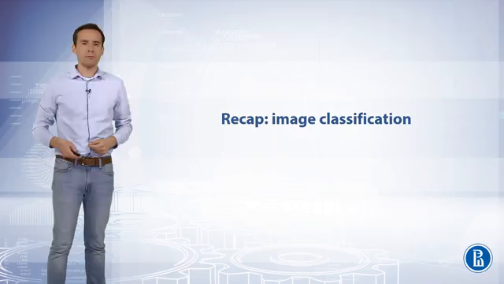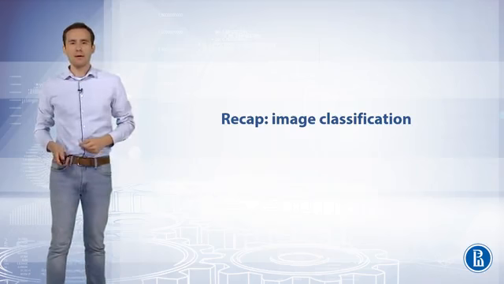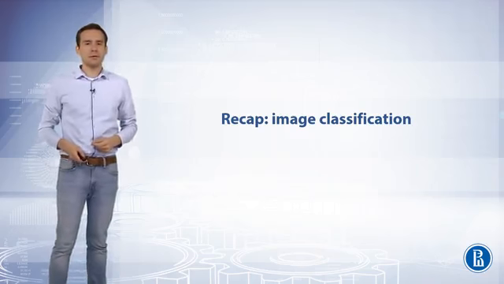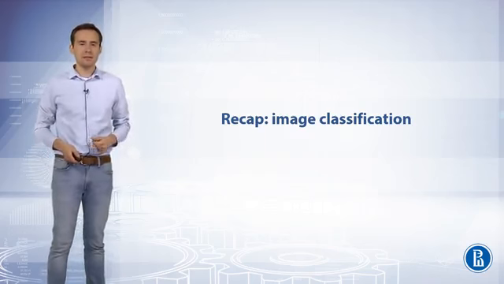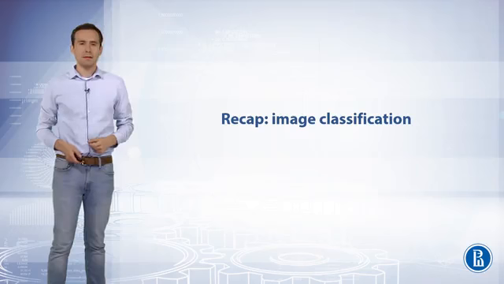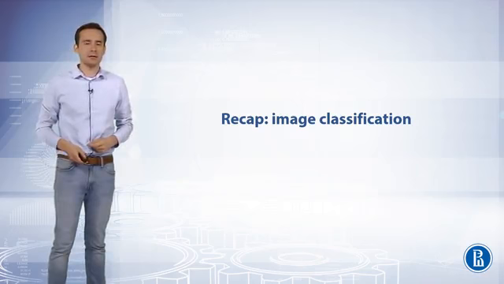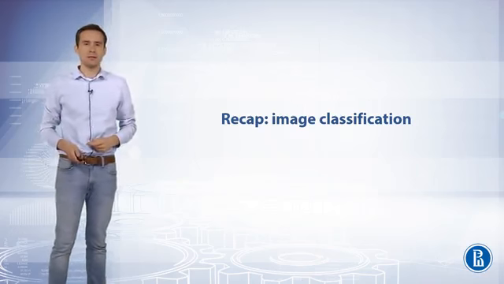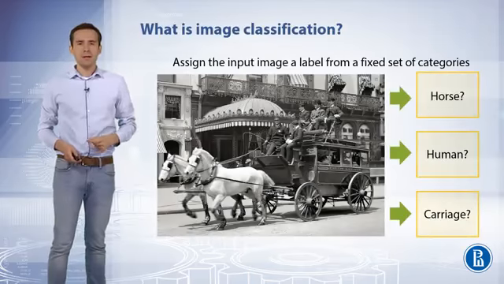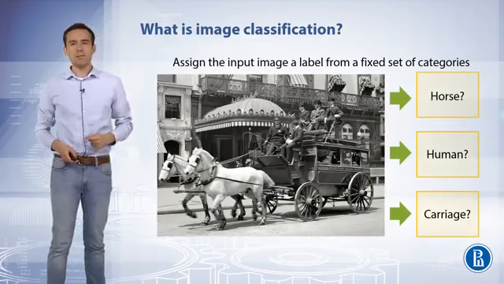Let's start with a recap on image classification. Understanding the contents of an image or an image region is one of the core problems in computer vision, fundamental to image and scene understanding. Later in our course, we'll show how many other vision problems, such as object detection and semantic segmentation, can be reduced to image classification. In image classification problems, the goal is to assign the input image one or more labels